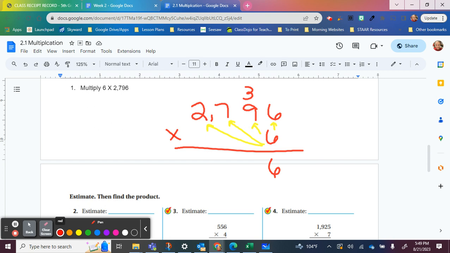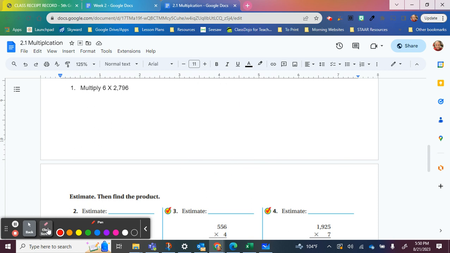So the 6 times 6 is 36. 9 times 6 is 54. Plus 3 more, 54, 57. 6 times 7 is 42. And then 5 more, 47. And then 6 times 2 is 12. Plus 4 more is 16. So 16,776. And then coming down here,